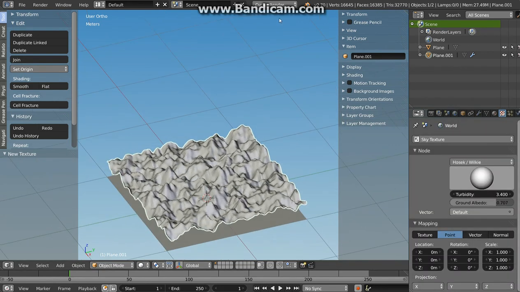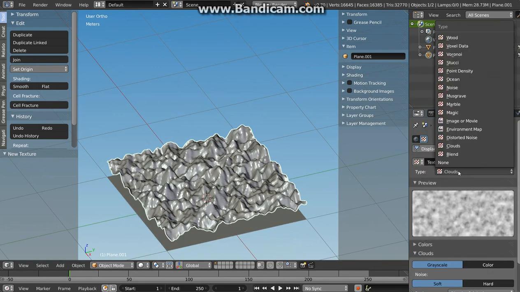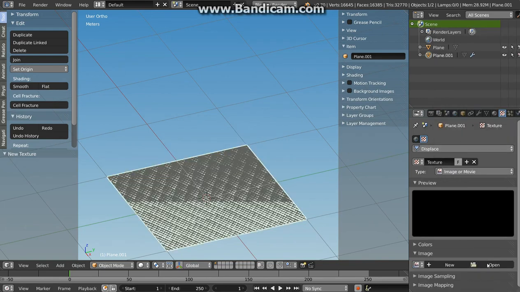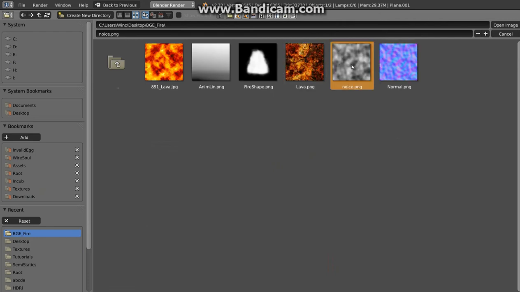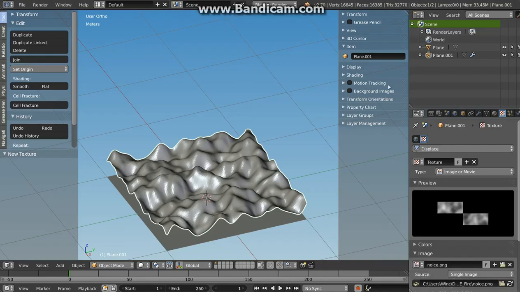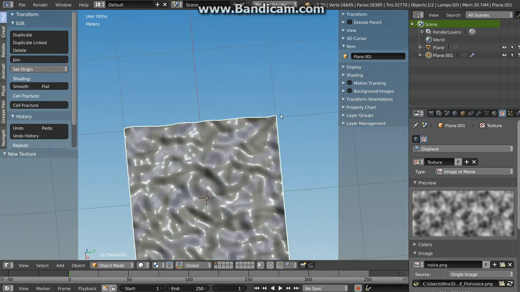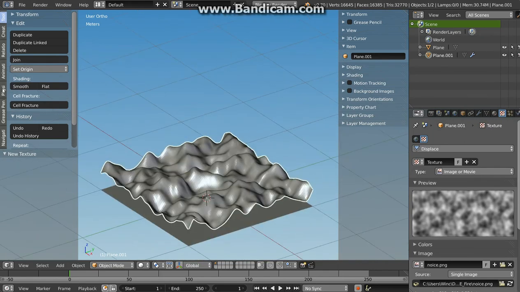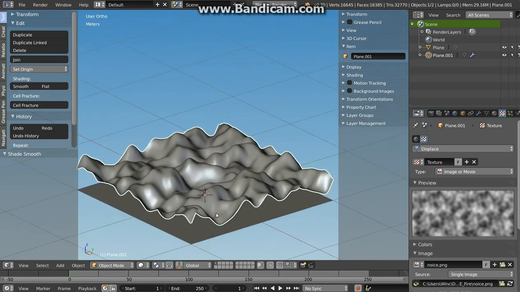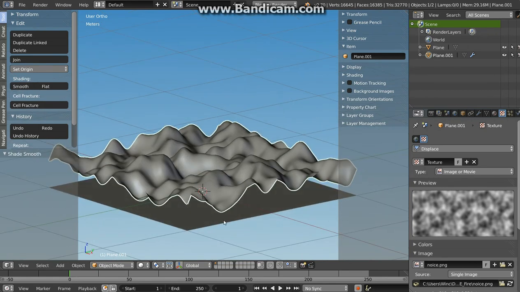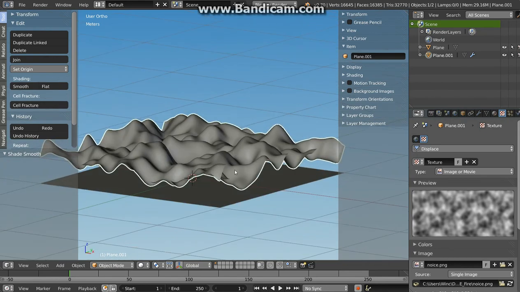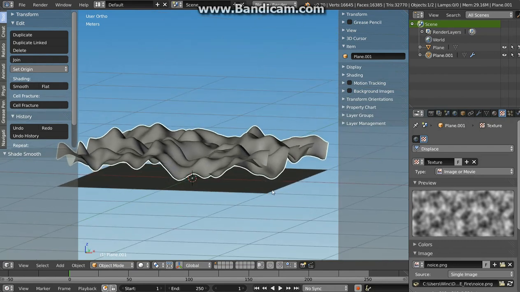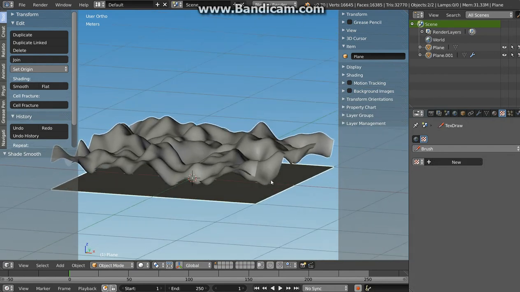First, make sure you are in Blender renderer, and here instead of cloud texture choose image and find your black and white noise image, which is tileable, so this texture will also be tileable. Check smooth shading for better finding of normals, and while you have the displaced plane selected, shift-select the flat plane,